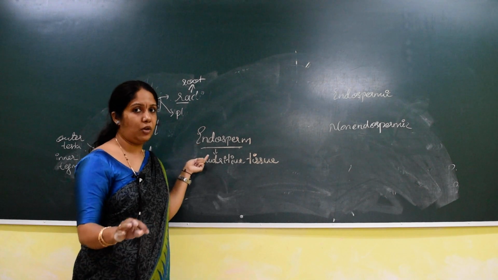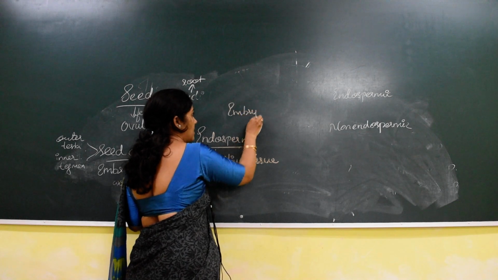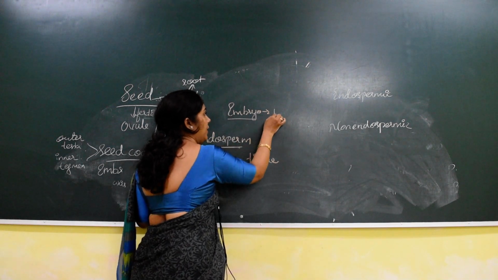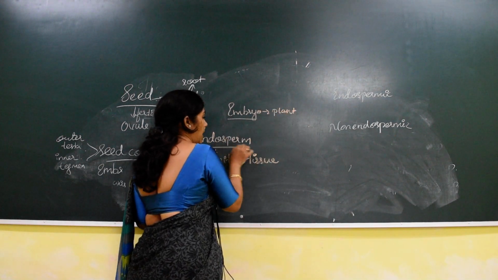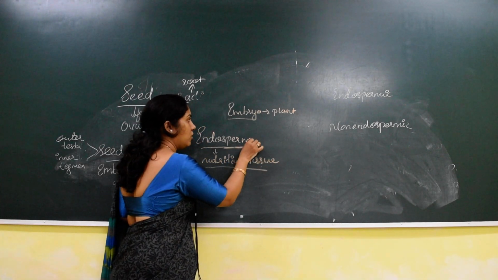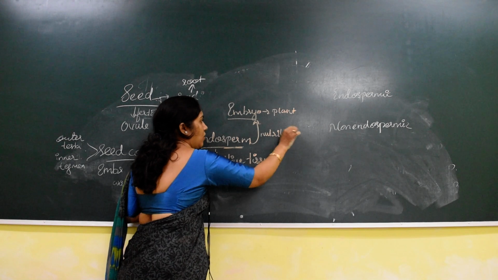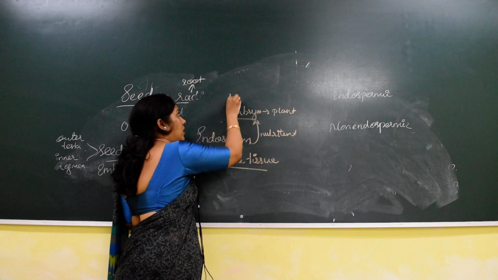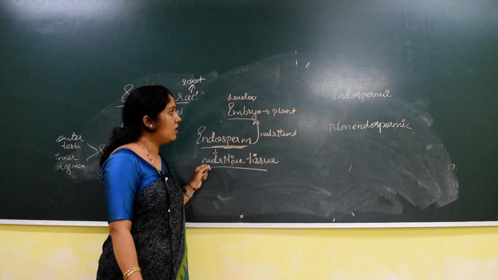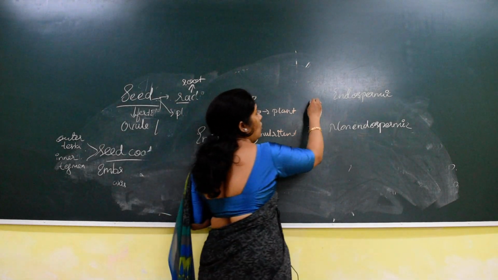Endosperm is one thing, embryo is another. Understood? The embryo, as I said earlier, is the embryonal axis, with a single cotyledon or dicotyledon. The embryo will develop into the plant, whereas the endosperm is made up of a nutritive tissue, and this endosperm provides nutrients for the developing embryo. Through which tissue are all the nutrients supplied for the embryo to develop? Through the endosperm. So based on the presence or absence of endosperm, the seed is classified into two categories: